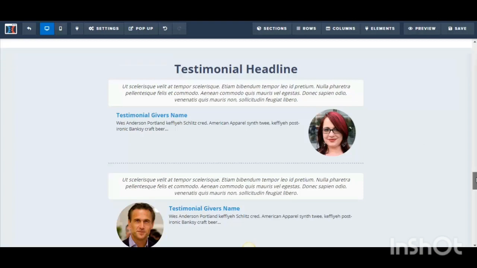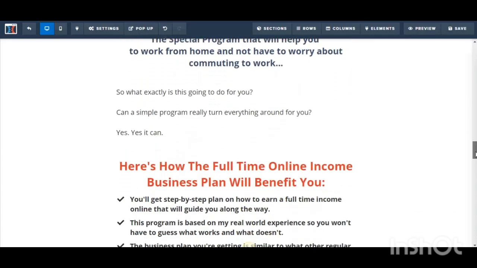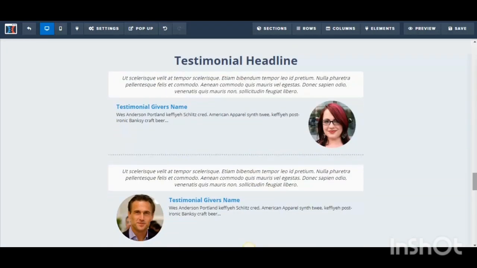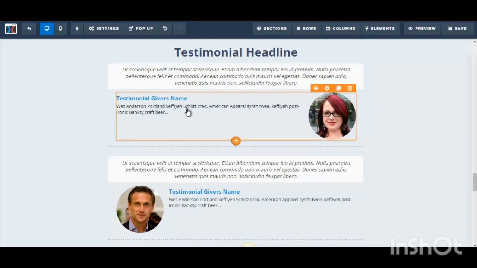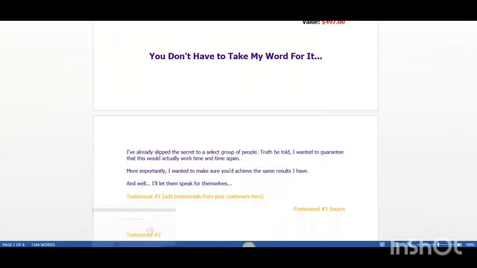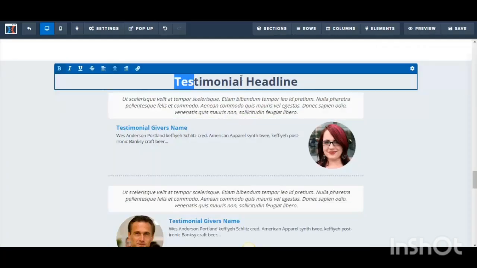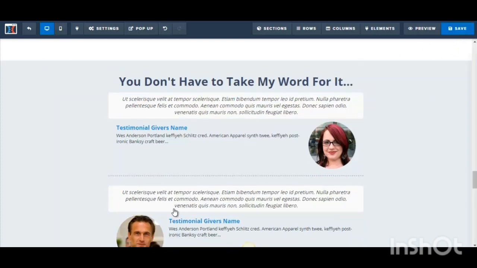Alright, so I've just finished transferring over some of the headlines and paragraphs from my Word document. And now I'm at the section where I'm going to be putting testimonials. So with this sales page template, they already have a section for you to put your testimonials and the picture of the person giving the testimonial. Alright, so let's start with the testimonial headline. Just go to my Word document and the headline is, "You don't have to take my word for it." So I'll just paste that onto here, click save,